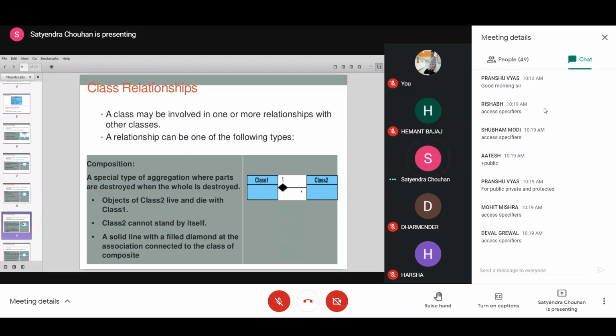No idea? So this will be one of the questions in the MCQ part, so you have to find out.